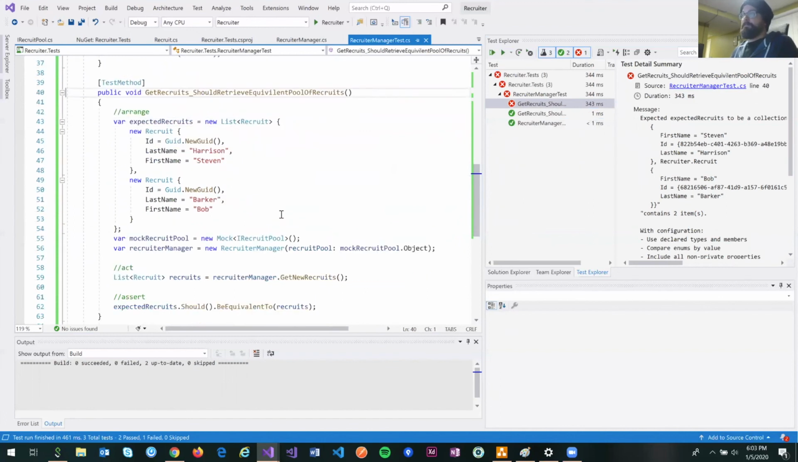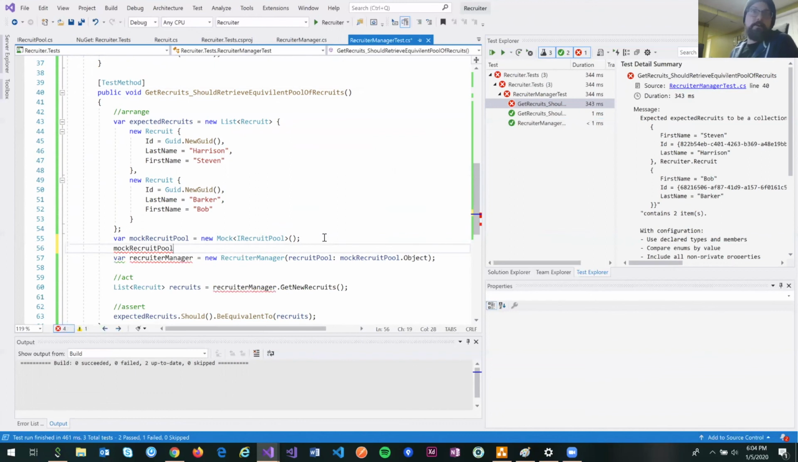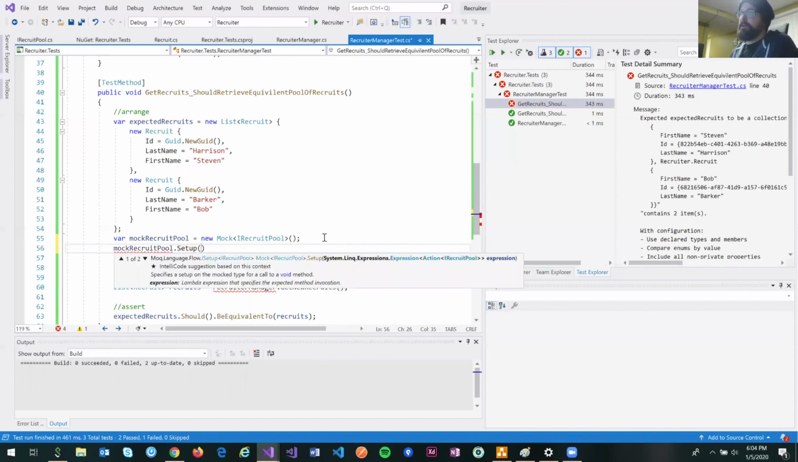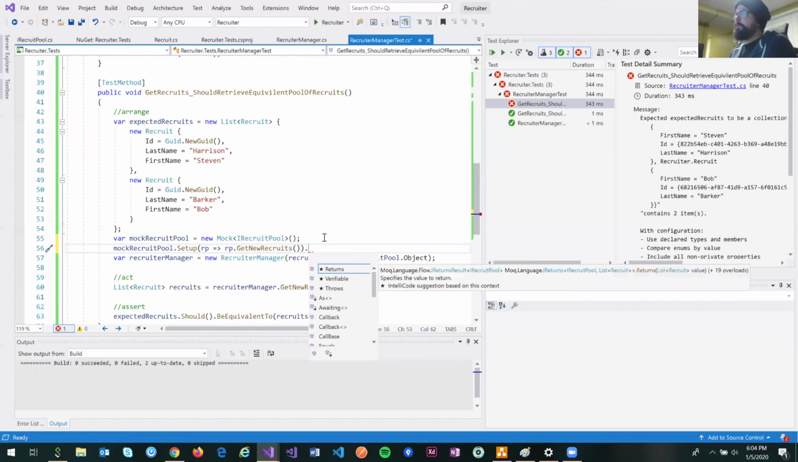All right, so we still have something missing. We still need to implement that one method. So the way we do that is we've newed up our mock recruit pool object, but we need to set it up. So we're going to go inside of mock recruit pool, and we're going to do dot Setup. And this is really neat. It uses a lambda expression, so we'll have our RP for recruit pool, and we're going to say when you call recruit pool dot get new recruits, we want it to return